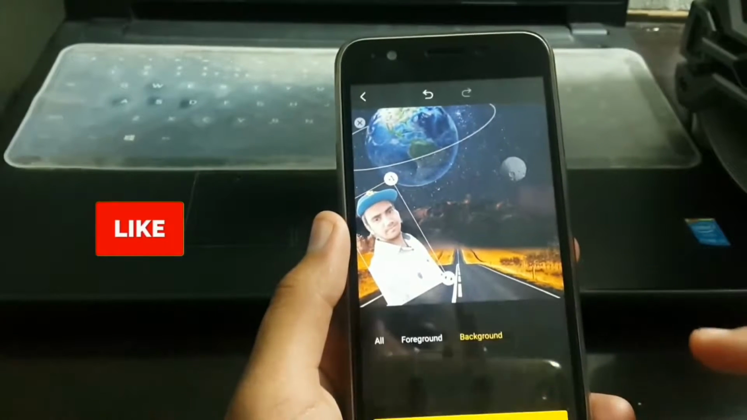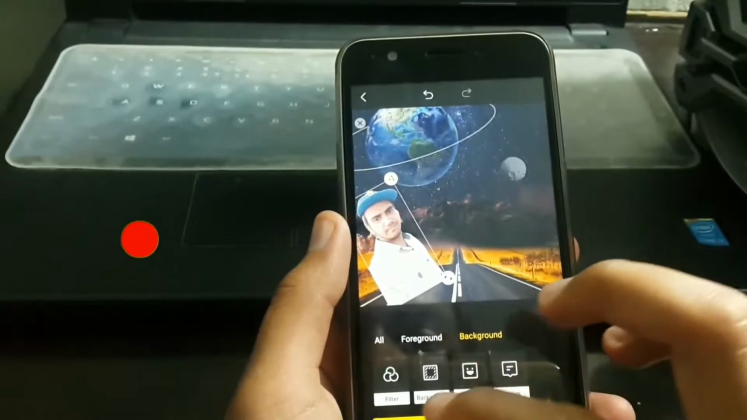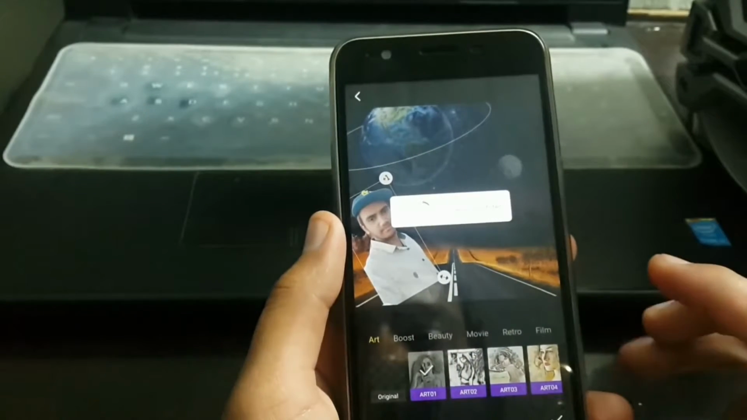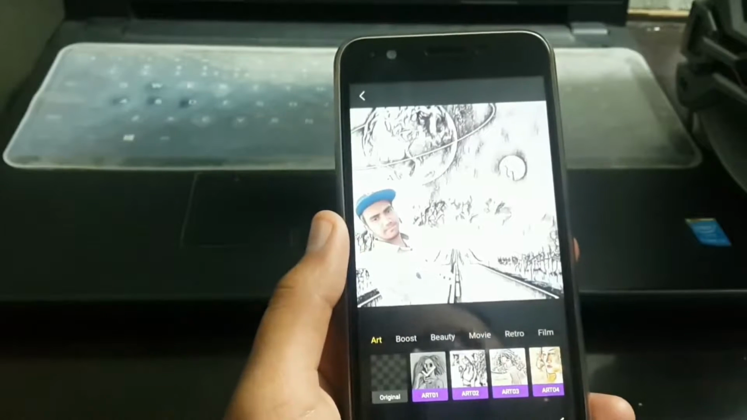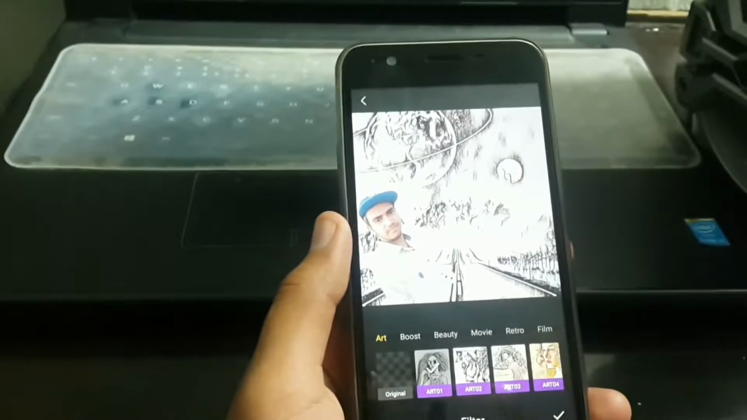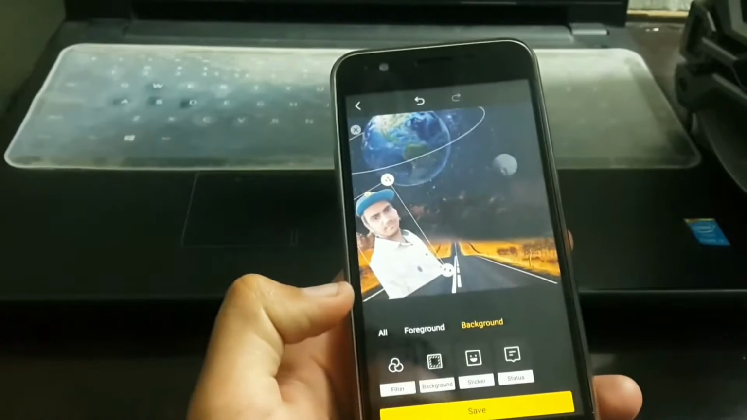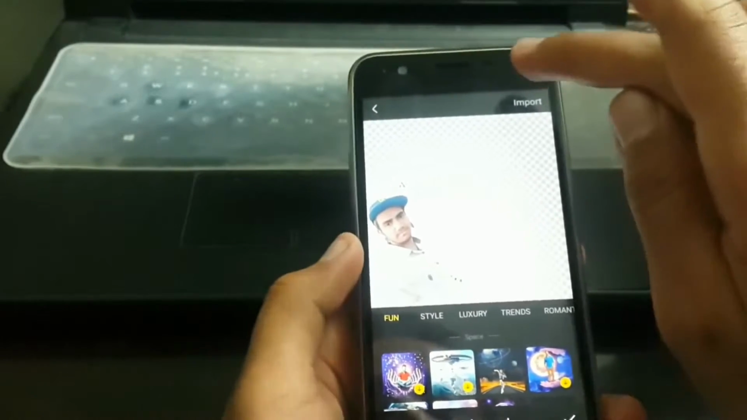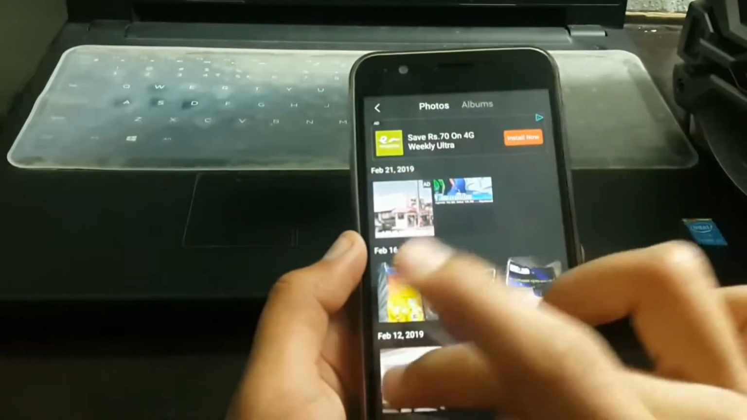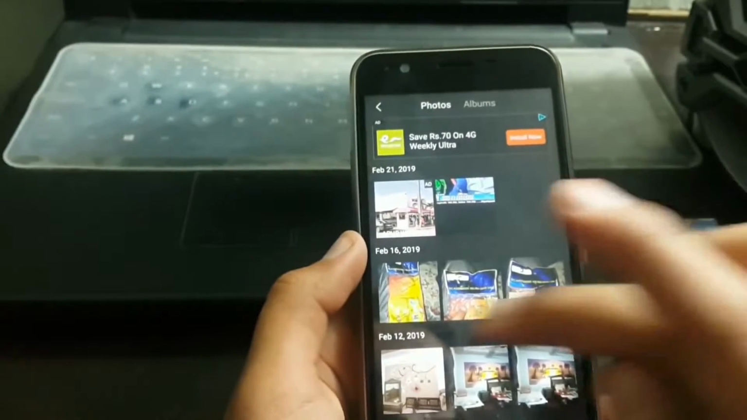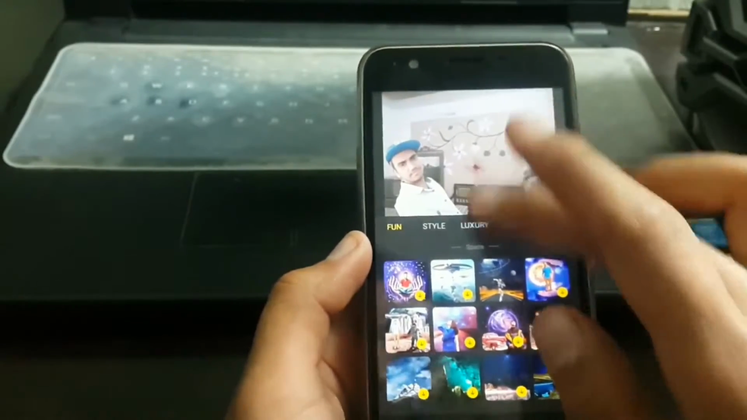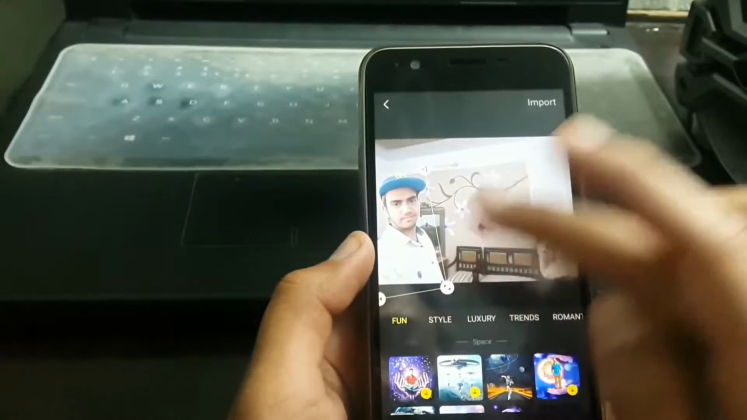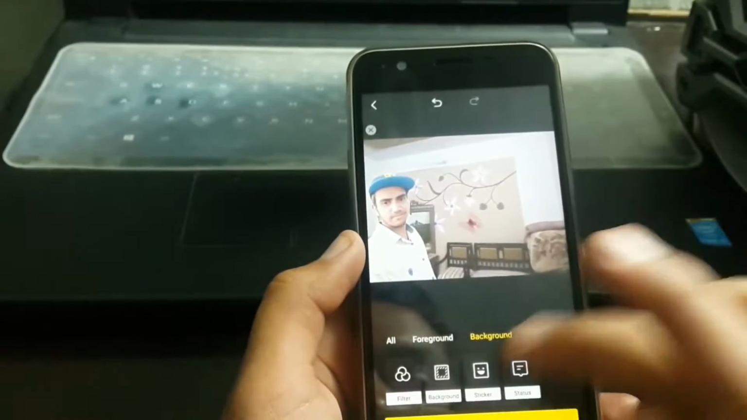I'm editing. Okay, this is the option of filters. You can add filters. It takes some time. It changed the background entirely. Okay, we're selecting a background. If you don't like any background, you can personally select another background. If you have a background in your gallery, you can use that background